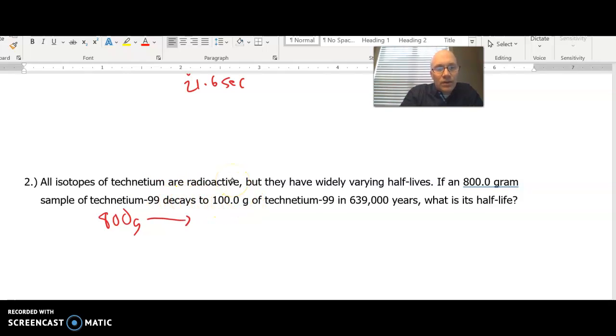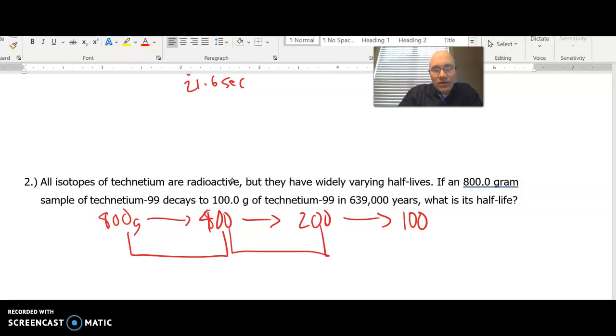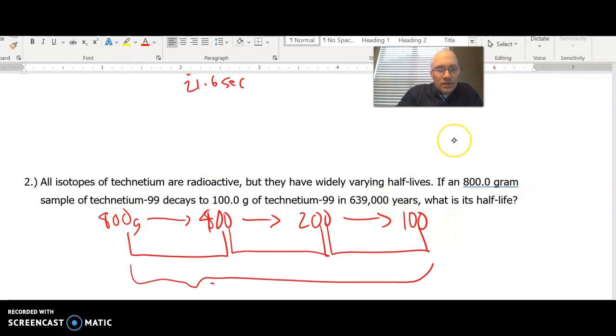All right, so cutting that in half would be 400. Cutting that in half again would be 200. Cutting that in half would take it to 100. All right, so the amount of time that occurs is one half-life. The amount of time for that is another half-life. That is a third half-life. All right, so it says that the total amount of time to go from 800 to 100 is